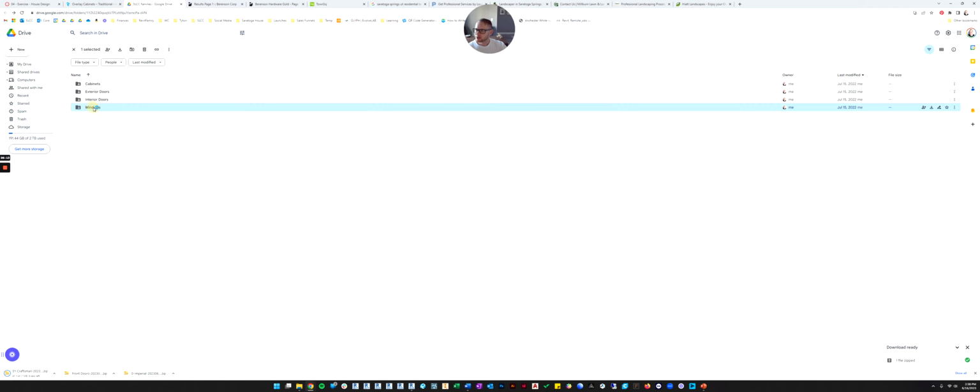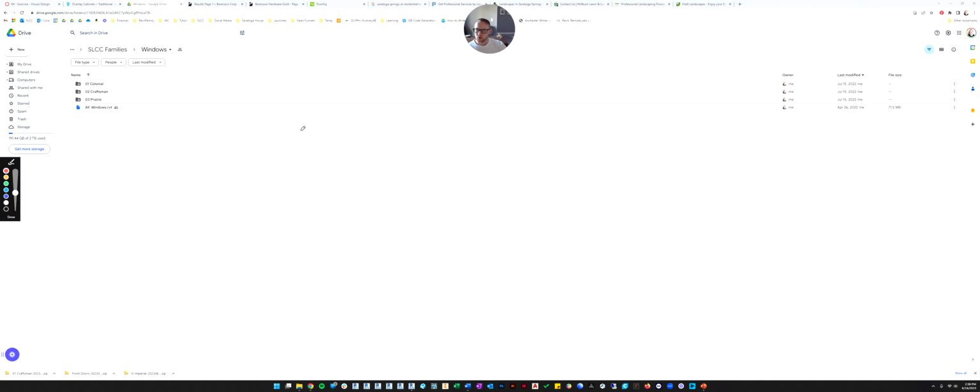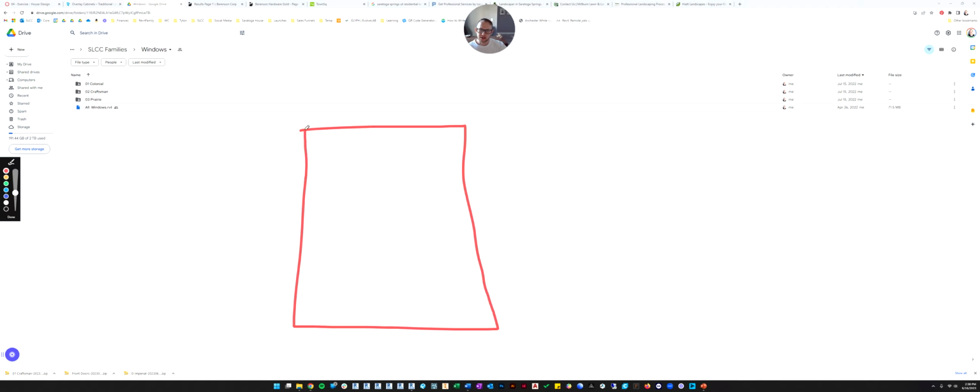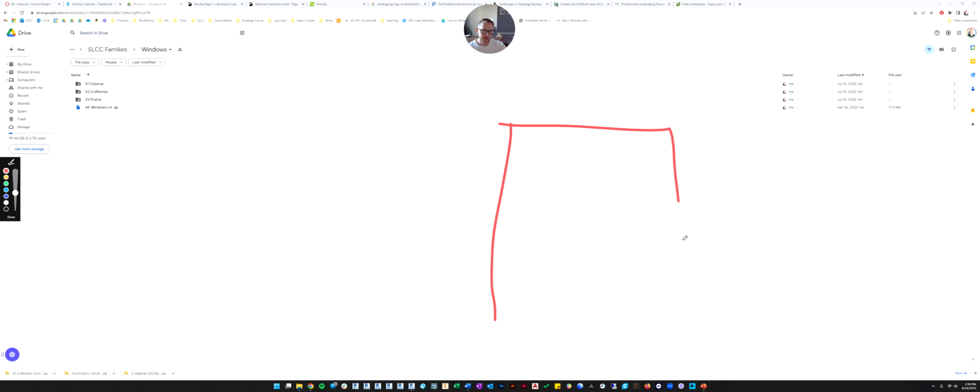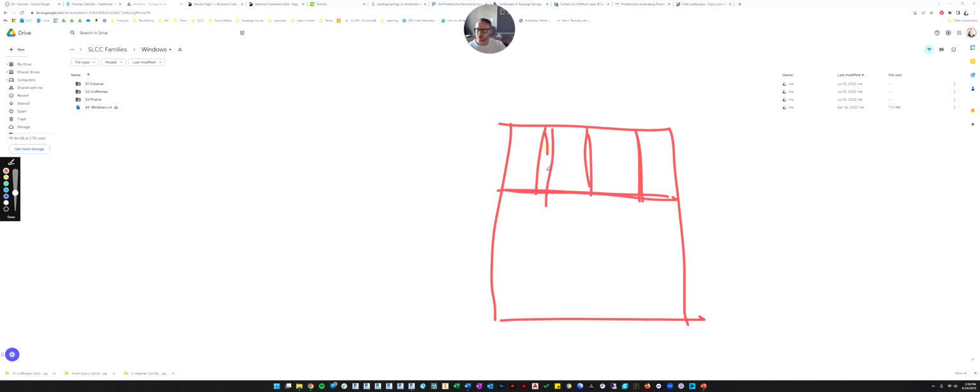And then the windows, same thing. The naming might be hard for you. A prairie style window looks like this, and then the muntins look like this. They do this border and then a square in the corner. That's prairie style. Craftsman style muntins look like this. There are these little muntins in the top. So that's what Craftsman would look like.